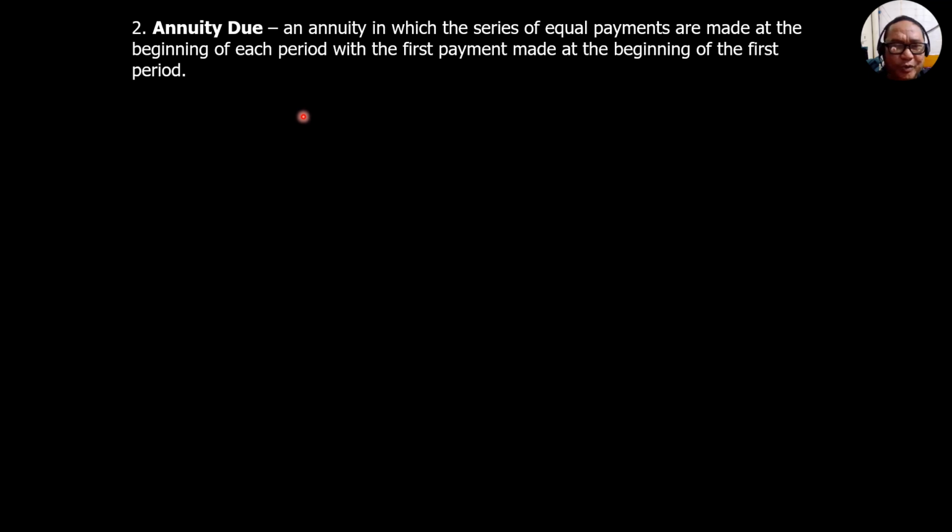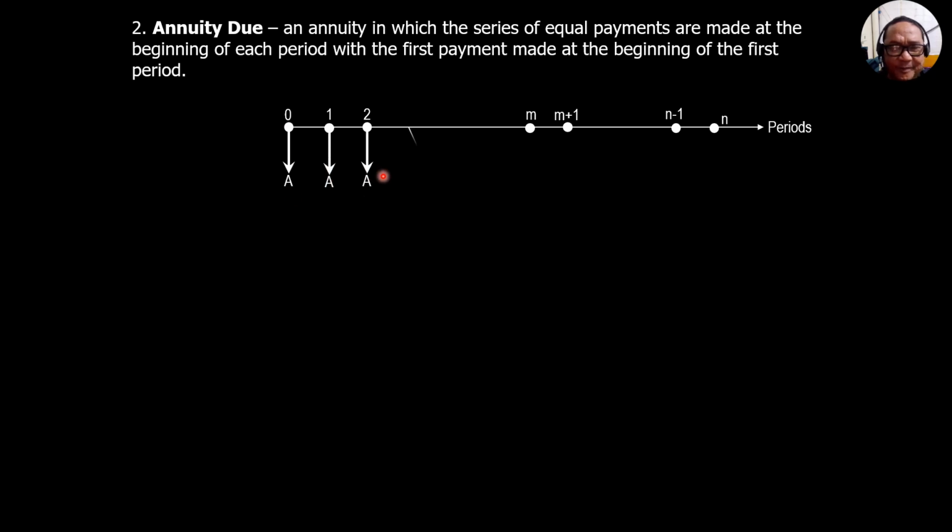So to help analyze, we have to draw the cash flow diagram. So meaning at zero, payment already, you have to pay A, and it will end at n minus 1 because there are still n equal payments. And take note the formula that the number of payments is equal to, for instance, it ends here, n minus 1 minus 0 plus 1. So n minus 1 minus 0 plus 1, there are still n equal payments.